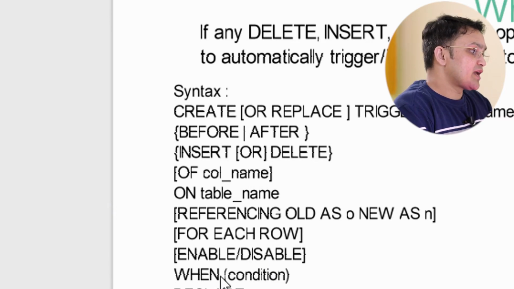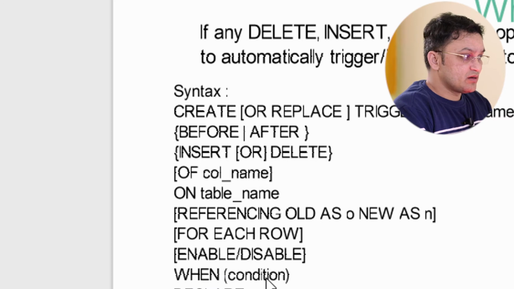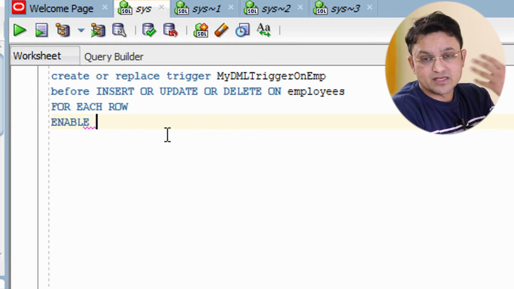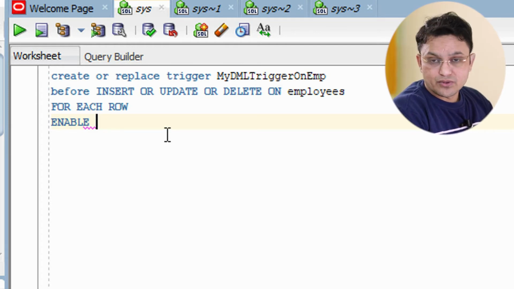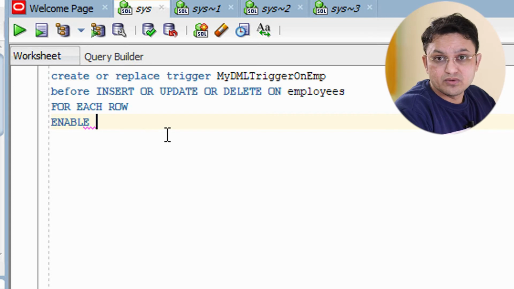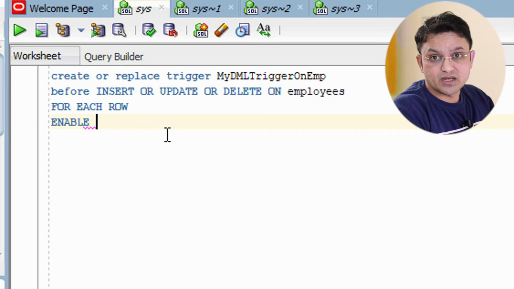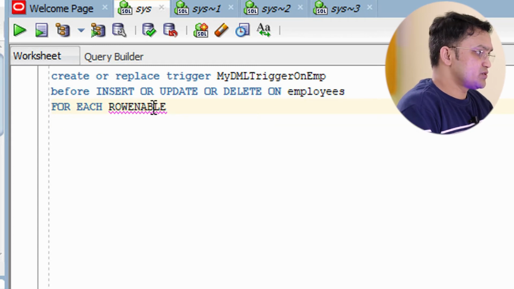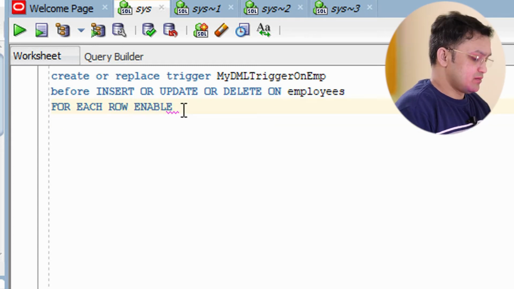After that I can mention a WHEN condition for when I want to execute, but I do not want to make things complicated. This is again for your practice, and just let me know if you are able to write the WHEN condition in your trigger or not. So this is how I have written my trigger.